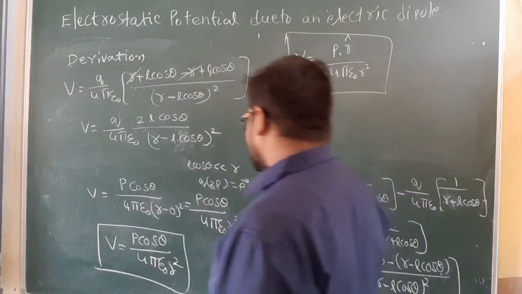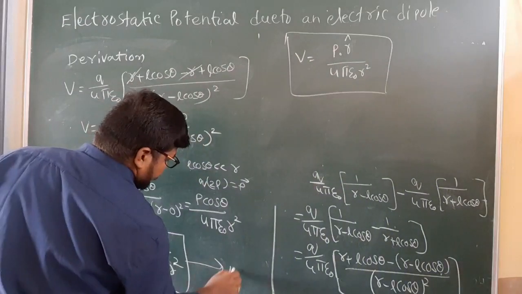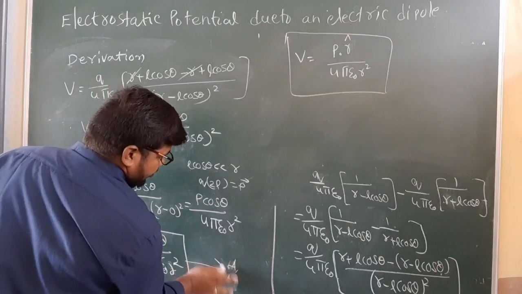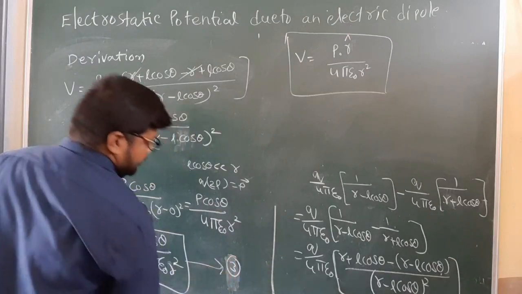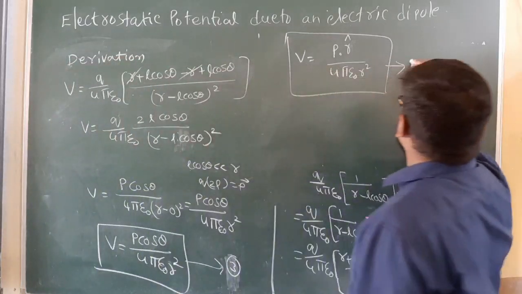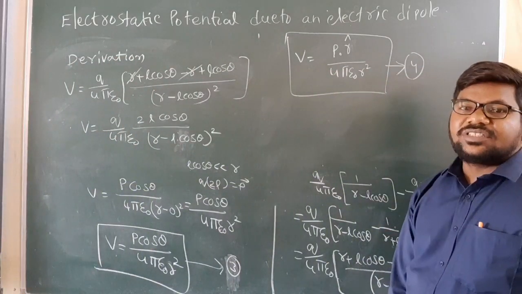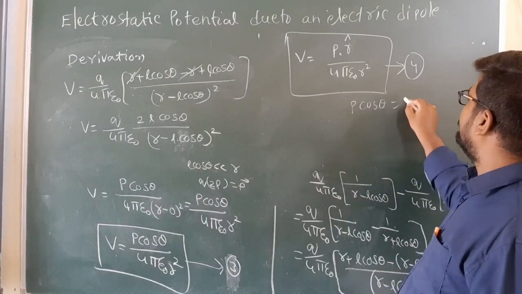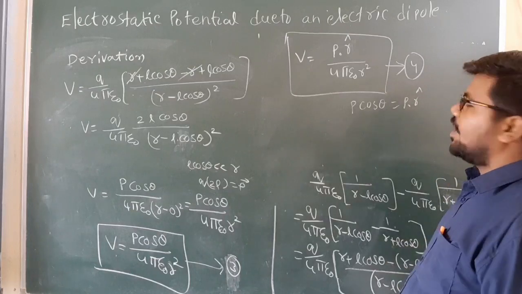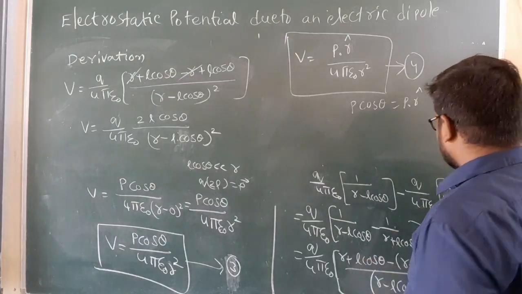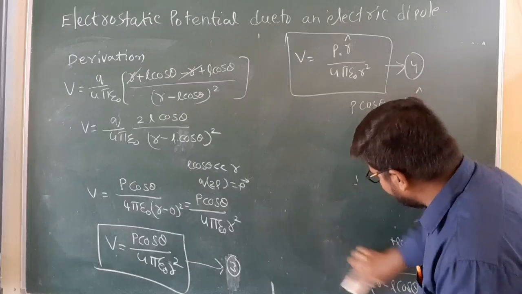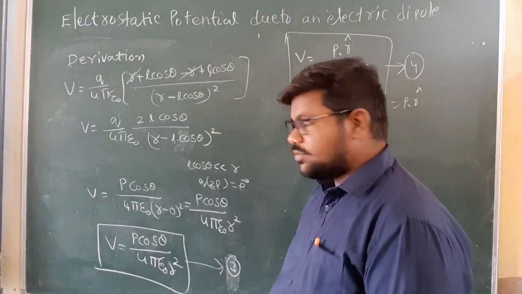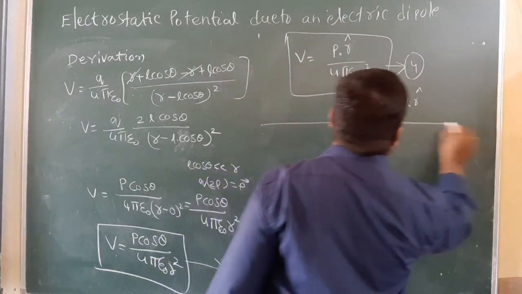Okay. See, this is the main equation, or equation 3, and equation 4 is the vector form. You have to say vector form. So here P cos theta is equal to P bar dot r cap, my dear children. Okay. See, from these different cases, suppose, so we have to take equatorial and axial.